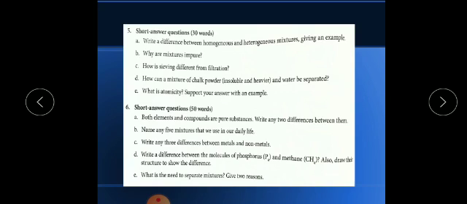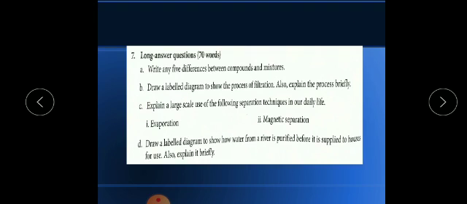Like this we can get sugar also from jaggery. Jaggery means gur. So this is our aim. Now seventh question, you can see these are long answer questions. Here we have to write 70 words. So children, you are in class 6, but there are so many questions and I am providing you each and every question, and I am discussing them also. Now I hope you all will get the idea of this chapter.